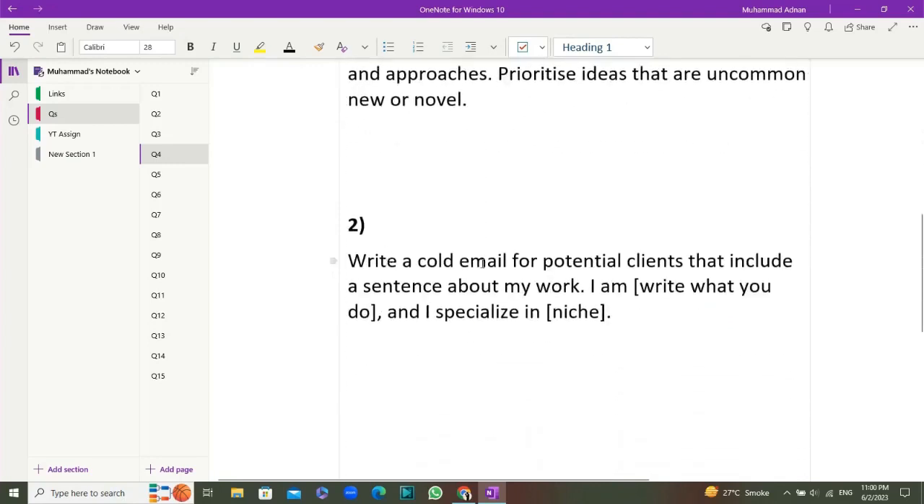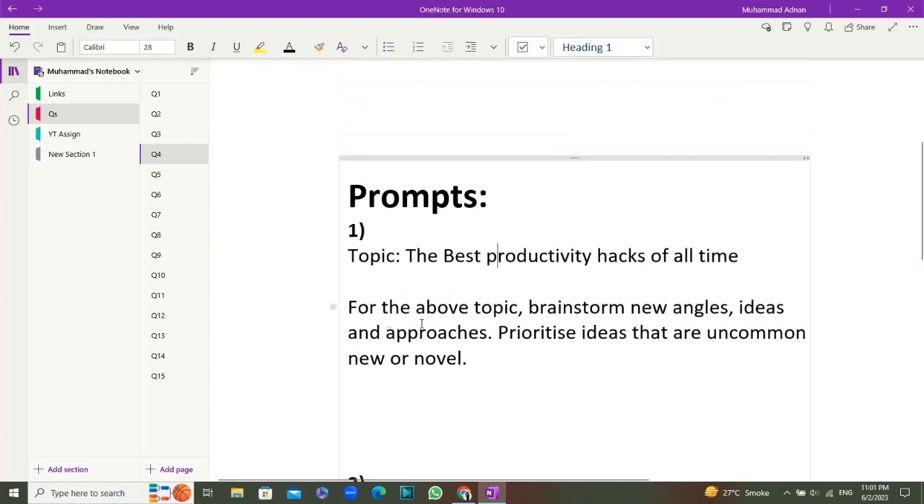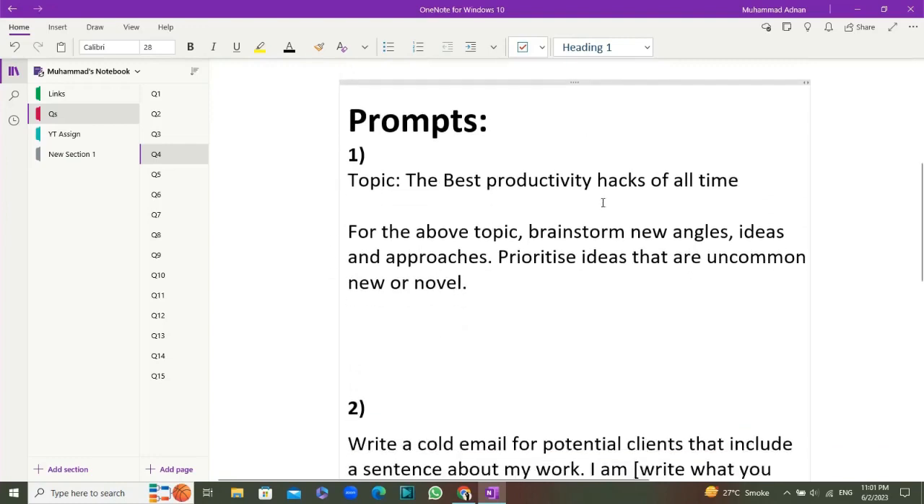So number 2, you can see: write a cold email for a potential client that includes a sentence about my work. I am, write what you do and supply. So if you want to create a cold email for your client, then you will have to put it according to your needs. So you will enter your profession here, and then what is your field in this niche section. So this is a prompt. You can use it for cold emails, and the above prompt you can use for better ideas and the best response